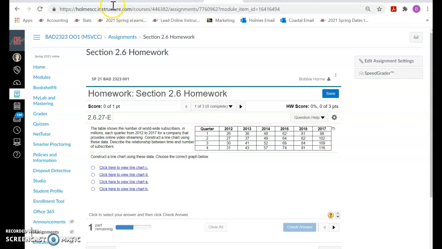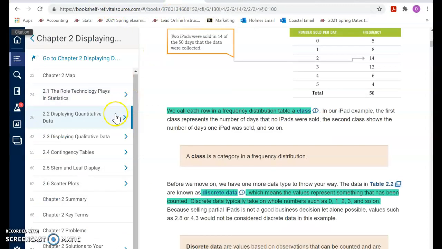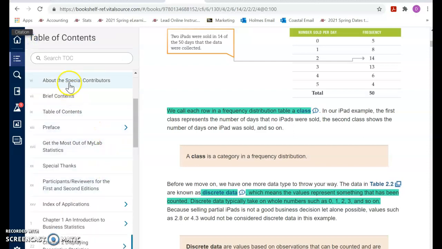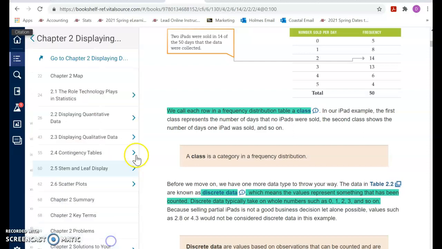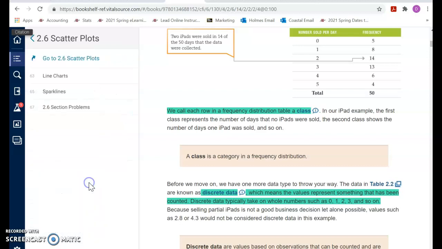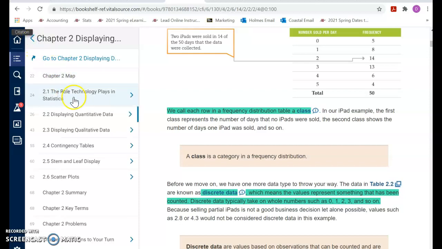So if you want to see how that corresponds, you can see that 2.6 is line chart. So see how the sections in the homework correspond with the sections in the textbook. So take it one section at a time. Try to absorb the material for one section at a time. And then